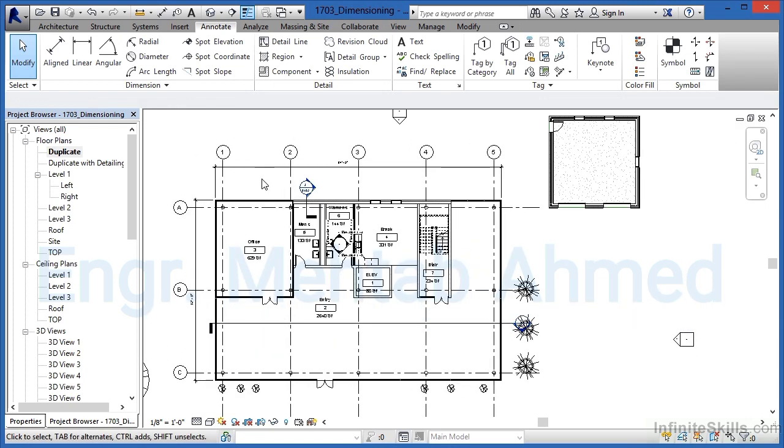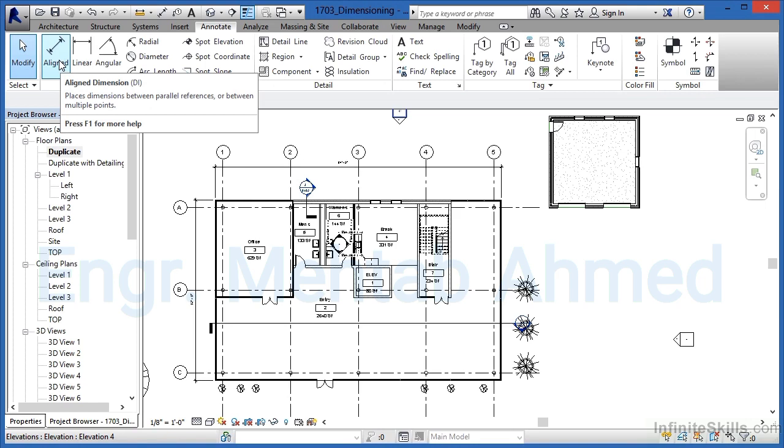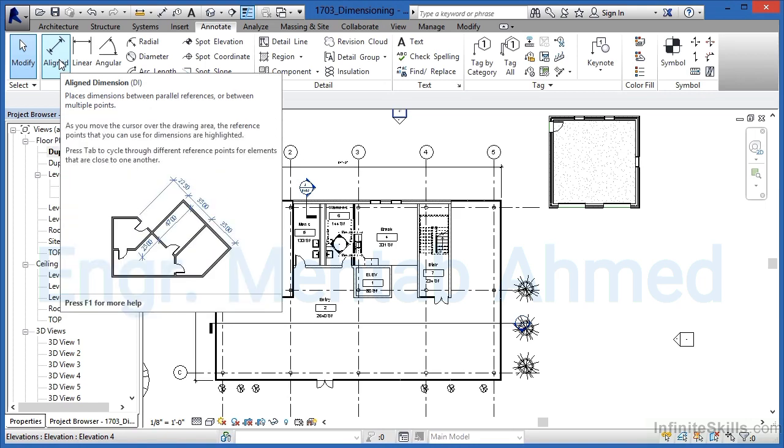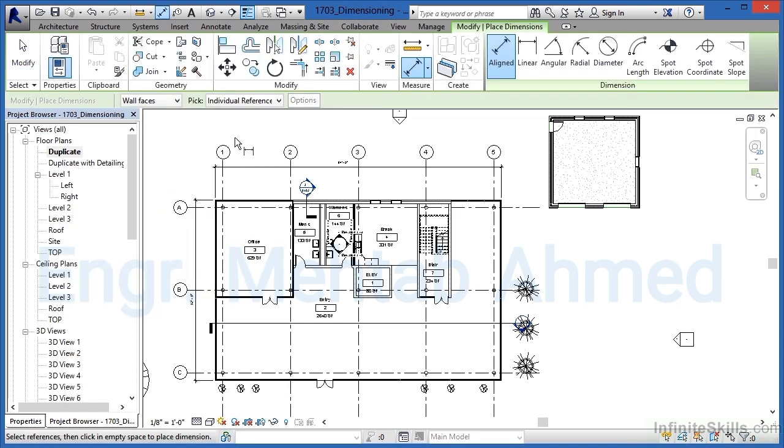So linear dimensioning allows you to click one spot, click another spot, and then you'll get an overall dimension for that length. An align dimension, though, like I mentioned earlier, is probably my favorite dimension to use. If you select on a line, there's a couple of different ways to use an align dimension. First off, we should know that we're going to be dimensioning to the wall faces, or maybe to the wall